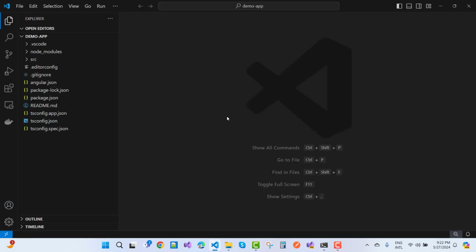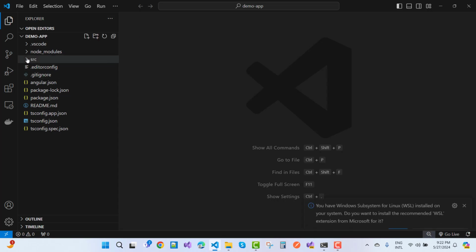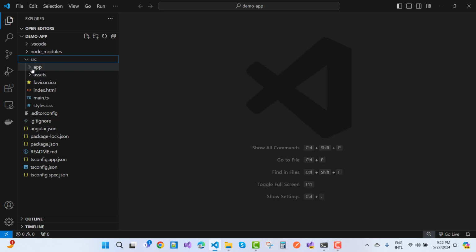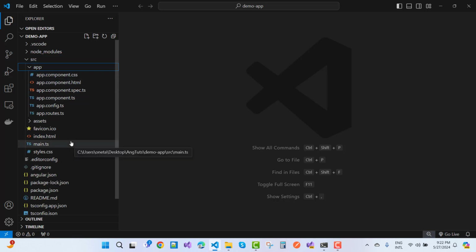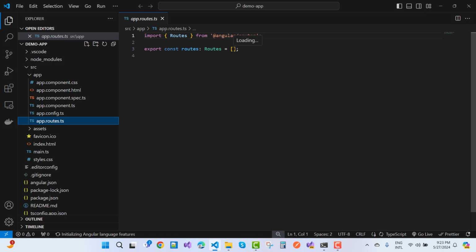Okay, just open it in Visual Studio Code, and you can see that here we have a src folder looking like an older version. And also we have an app component looking like an older version. So in a newer version, you just see an app.routes.ts. It's a default routing ts file, but you don't define the default route here. So you do not need to add default routing here,